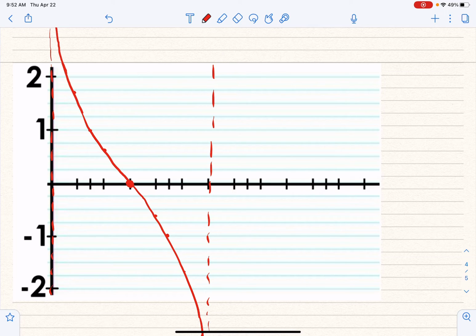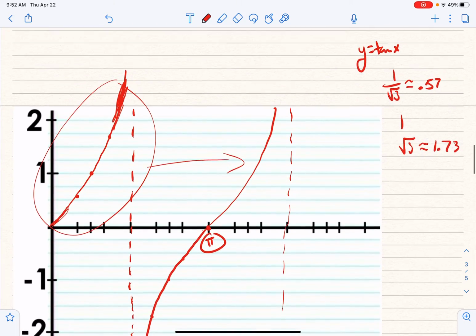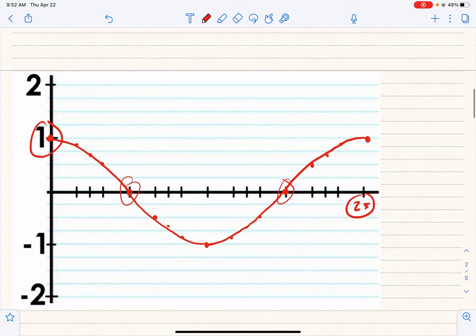Okay. Now let's talk about secant and cosecant. So for secant, I'm going to go to my cosine, because I know that secant is the reciprocal of cosine. And so now I need to think about what are those decimal approximations. Again, now I got to think about all the inversion. 1 inverted is just 1. 1/2 inverted is 2. Square root of 2 over 2 inverted is actually square root of 2, which then is about 1.41. And square root of 3 divided by 2 inverted,